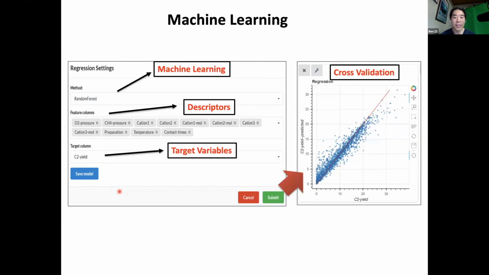And also, we made machine learning much easier to use. Normally it requires some heavy programming, but here you can do everything by clicking. If you have a web browser, you just open this page, and then pick what kind of machine learning or artificial intelligence you want to use, what descriptors, which is the data you want it to study, and what you actually want to predict, which is the target variable here. You just click everything and select it. Then if you submit, it automatically creates a machine for you. So machine learning can be done just with mouse clicks.